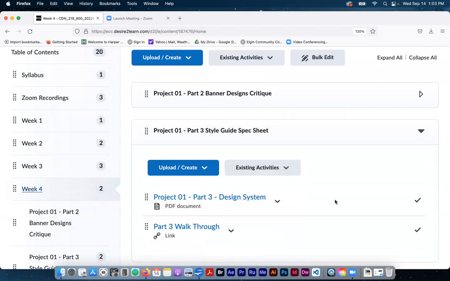So what I'm going to talk about to begin with right now is the style guide portion of the project. So this is part 3. Part 1 was when you wrote the proposal in HTML. Part 2, we're going to critique in just a few moments. Those are the banner designs. But part 3 is where you begin to figure out how you want the type or the text in your website to look. And we do that by creating both an HTML document and a cascading style sheet, a CSS doc,